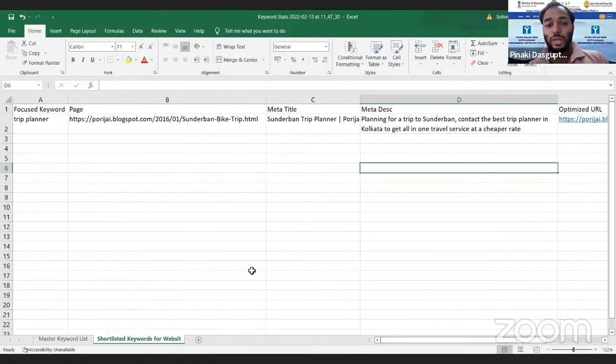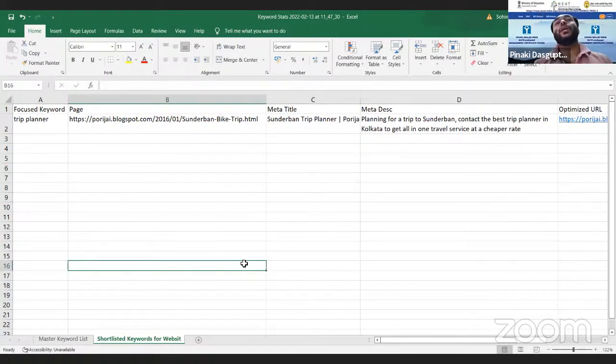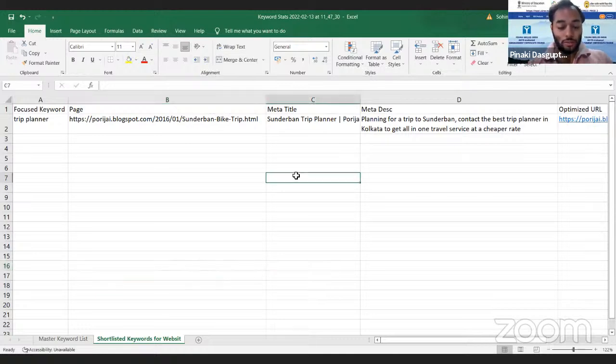Now also I want to mention one thing. While writing meta titles, descriptions and URLs, don't use any kind of stop words. What are stop words? Stop words are mainly the prepositions or conjunctions that we usually use in regular English, like in, on, and.